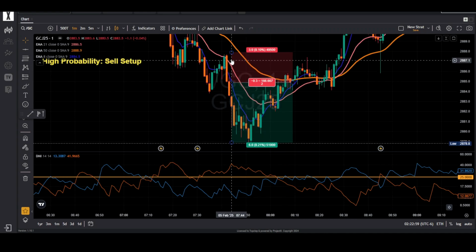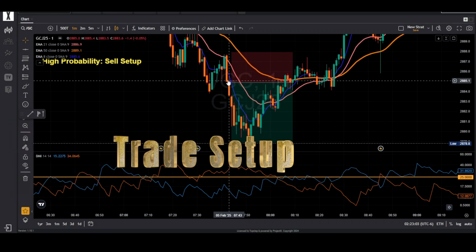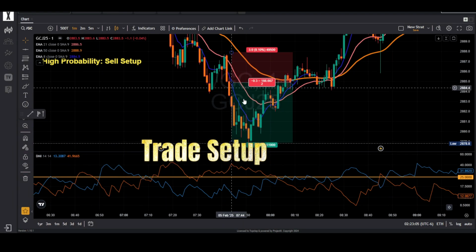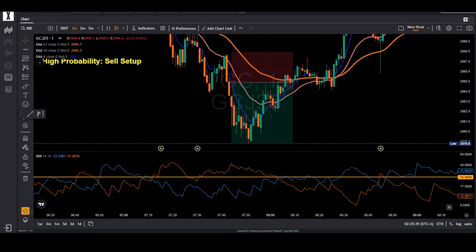In this case, our stop loss will be a few pips above this candle. It's a high momentum candle. So our take profit would be 2x of our SL. In this case, it did hit it. Just another pro tip: once your trade reaches 1x risk in profit, make sure to move your stop loss to break even. This way you protect your capital and avoid turning a winning trade into a losing one.